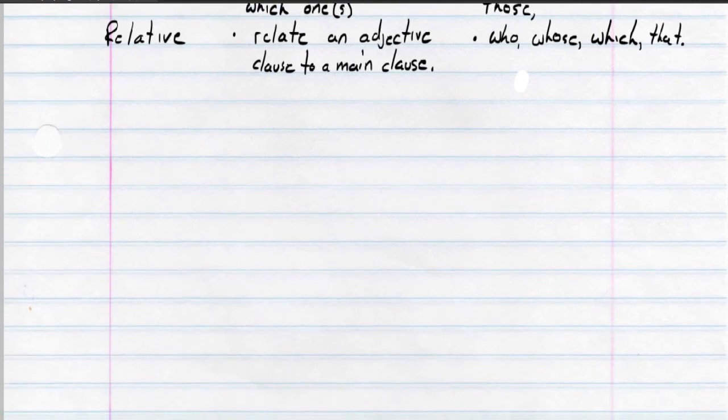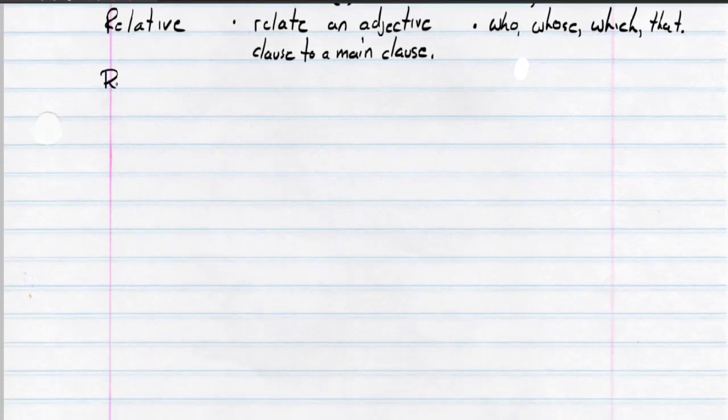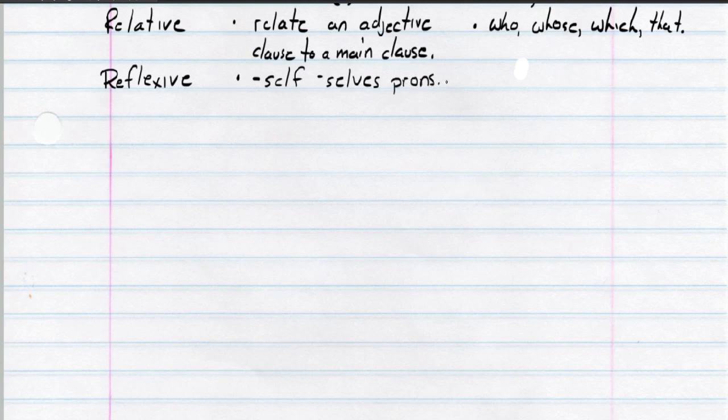I'll put my last note at the top of the page. Okay, so next we have reflexive pronouns. R-E-F-L-E-X-I-V-E, reflexive pronouns. Put my bullet to separate my notes. This is a pronoun. We're going to call these dash self or dash selves pronouns. Okay, what I mean by dash self or dash selves, this would be like myself or themselves, the dash representing a stem or a root that needs to be in front of the suffix of self or selves. So dash self or selves pronouns